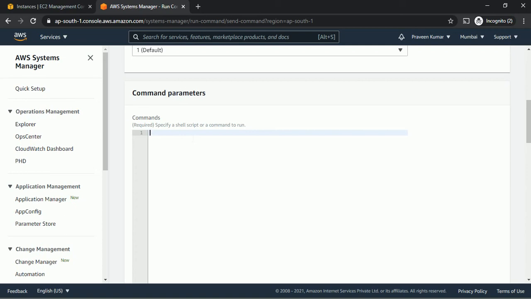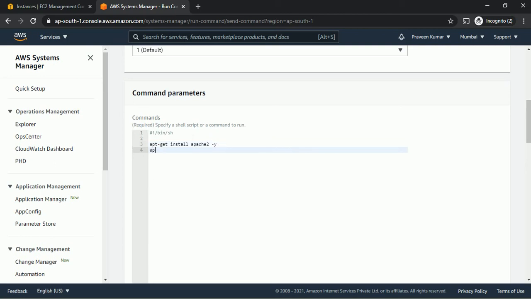I'm just creating one shell script, #!/bin/sh. I want to install Apache on this Ubuntu, so I'm giving one shell script for Apache. To do that, apt-get install apache2 -y. This is the command to install Apache.